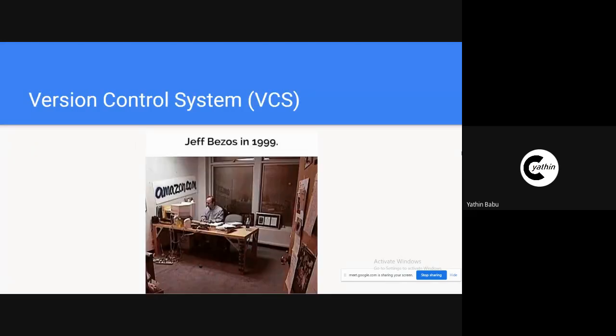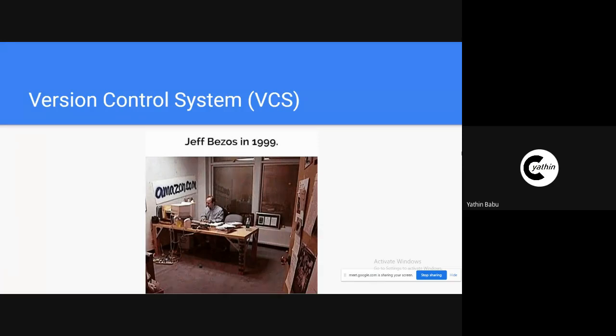First, let me give you a brief introduction to what a version control system is. For example, let's consider we are working on a very small project, like the ones we usually get in engineering for mini projects. In our mini projects we may work on just one page of code.